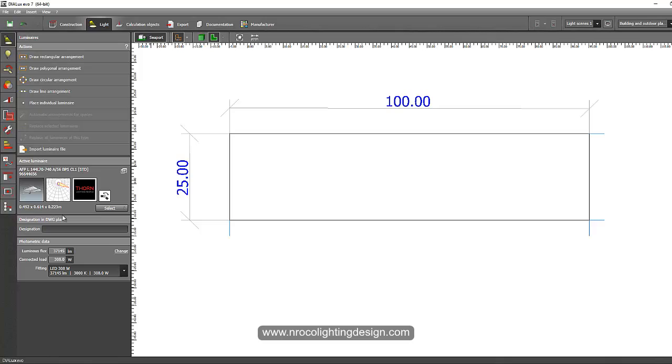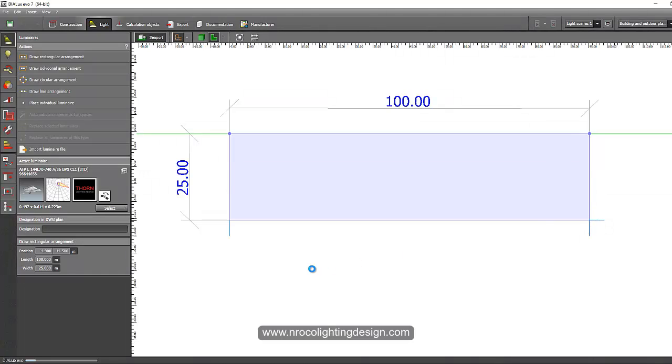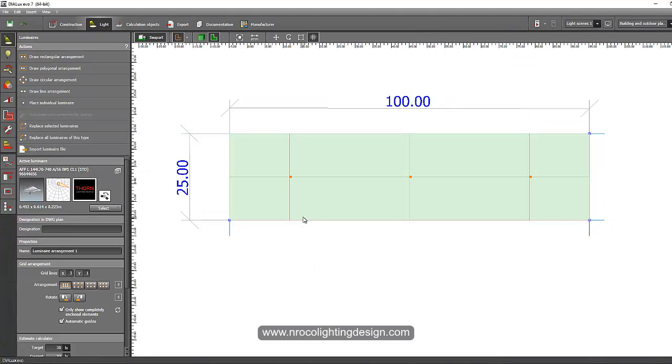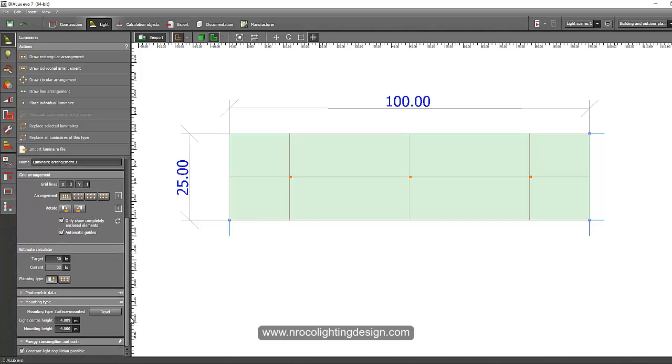Once you check this one, go now directly to your Dialux Evo file, and now you find it's here already. So for the first work that you need to do, you just go and try this draw rectangular arrangement. And then, say for example, you have 3 pieces here. You go down and change the mounting height into 50 meters.